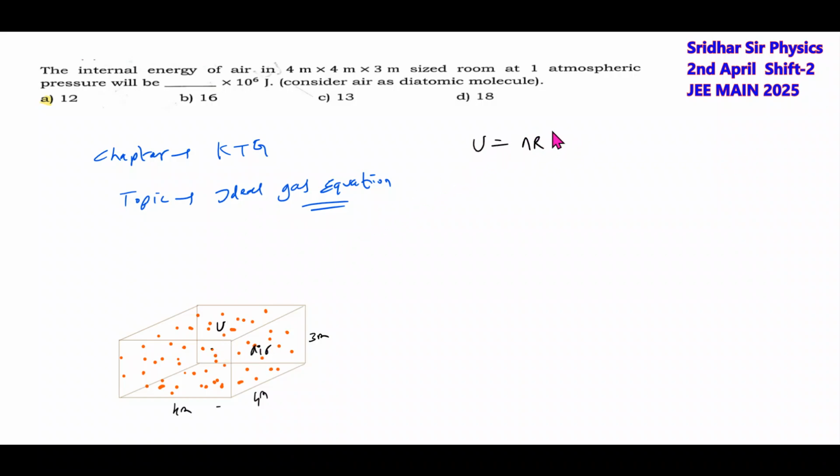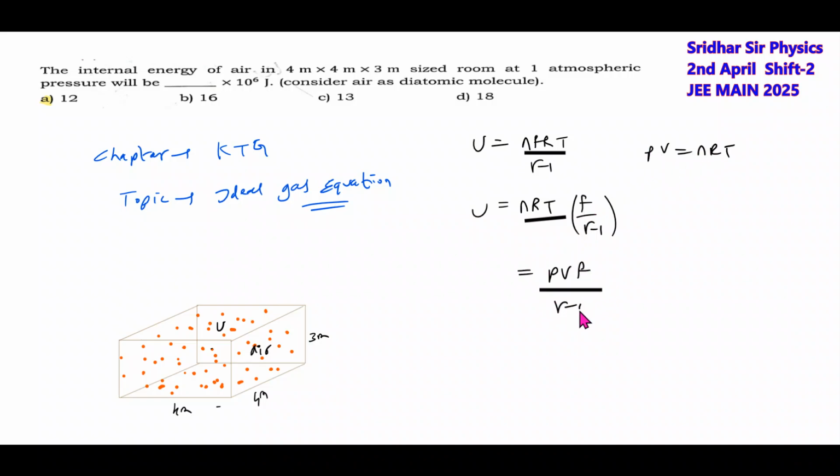The internal energy is nRT by gamma minus 1, or f by 2 times nRT. We'll keep it like this. From the ideal gas equation, PV equals nRT. In place of nRT, I'll write PV. So it is PV by (gamma minus 1) times f by 2. Pressure is 1 atmosphere. How much is 1 atmospheric pressure? 101 kilopascal,